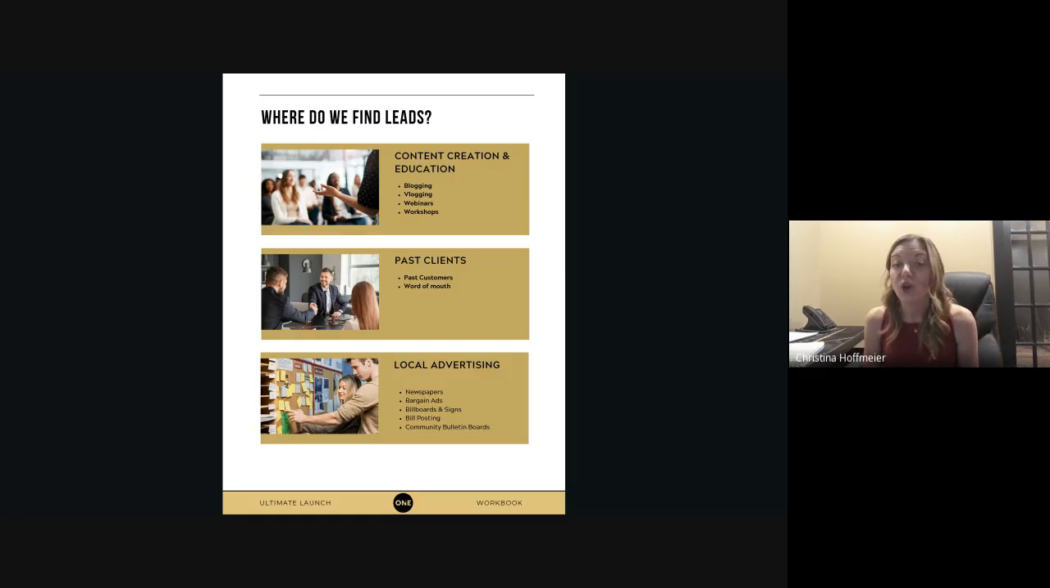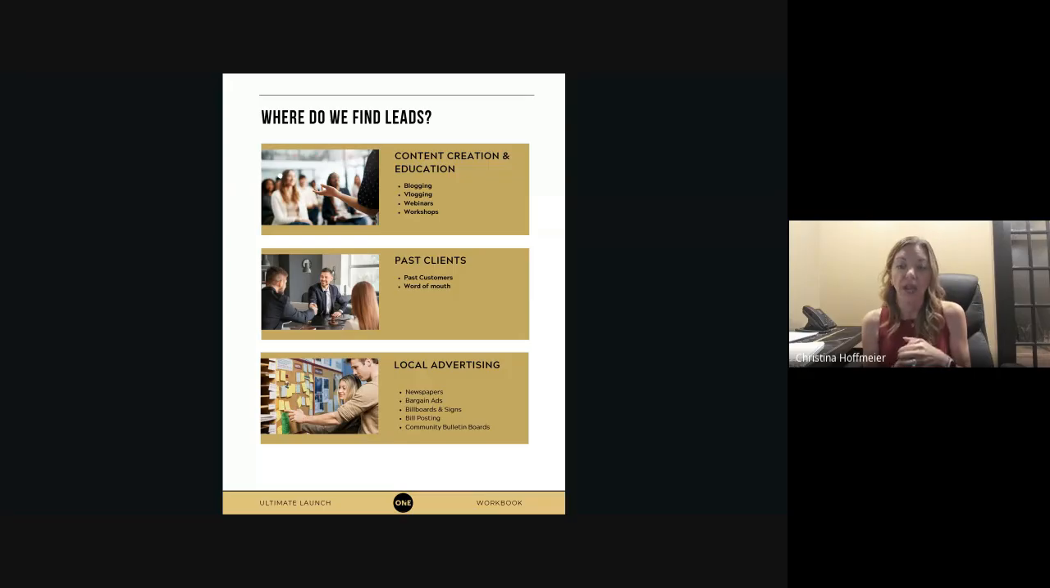Next, moving on to local advertisement: newspapers, bargain ads, billboards and signs, bill posting, and community bulletin boards. We have somebody on the call today that just did bill posting. I think it was 2 weeks ago. Tobias sent me some of his bills that he posted. And if you don't know what that is, it's basically making a flyer about who you are and what services you provide, and then stopping by your local businesses and asking if they will post that flyer on their community